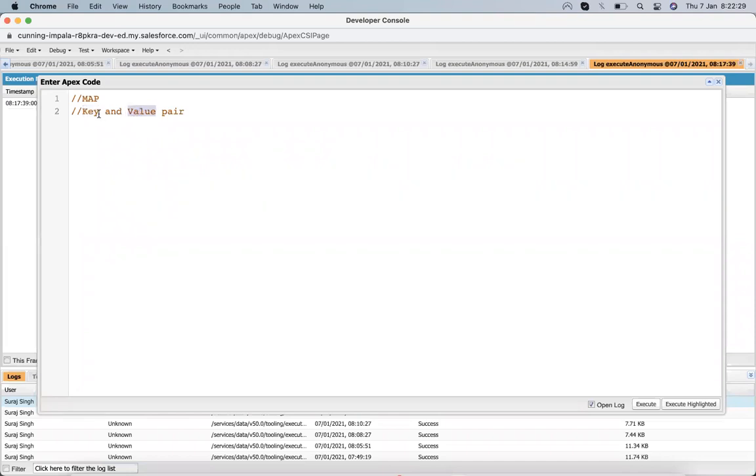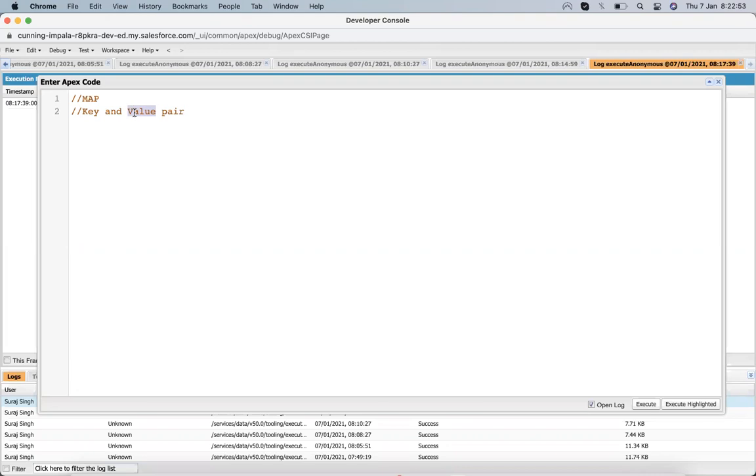Instead of an index we have a key. So it's pretty much similar to a list, but it's not exactly a list, because a list has an index and its value, but a map has a key and its value.